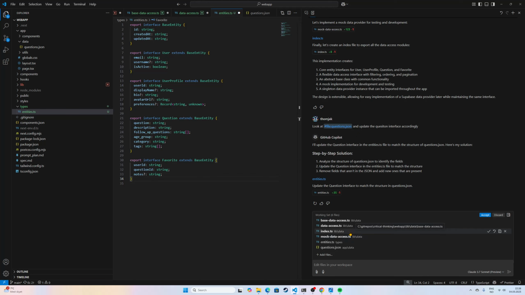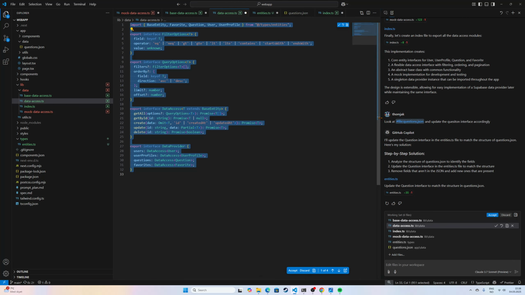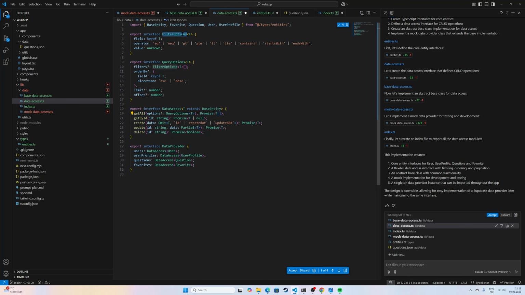And then we have data access.ts. Data access interface that defines CRUD operations. So we have filter options interface. Okay. Query options interface. Now we have data access interface with get all